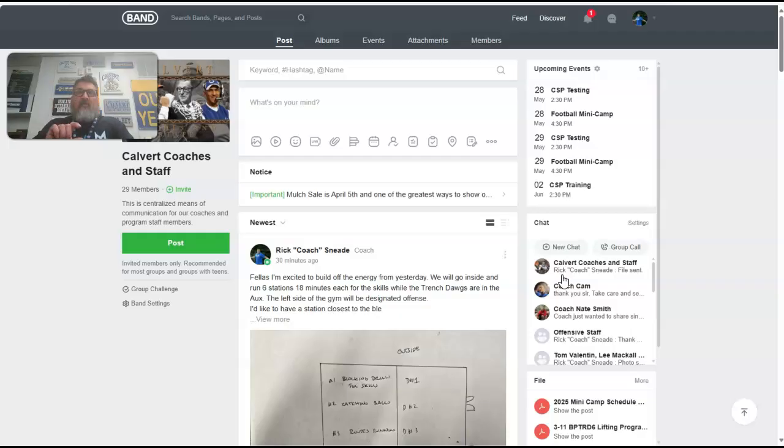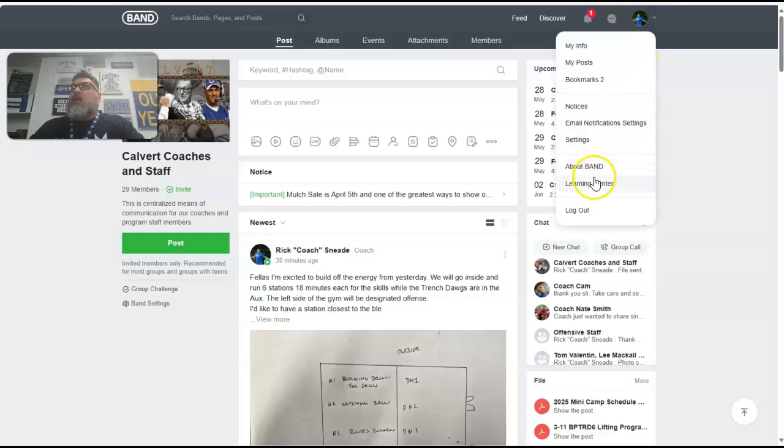On the bottom, after the chat function, it's going to have a picture function where you can load a picture. It looks like a little mountain scene. Then it's the event calendar, and then it's a file folder, and then it's going to have two icons of a person, two people, which is your members, and then it's got the settings. That settings thing is important at the bottom. You can find it here on yours as well, on a computer. And that settings is where you guys can go in and create your notices so you get notifications, because some people had their notifications turned off and didn't even know they were getting messages in the group chat.